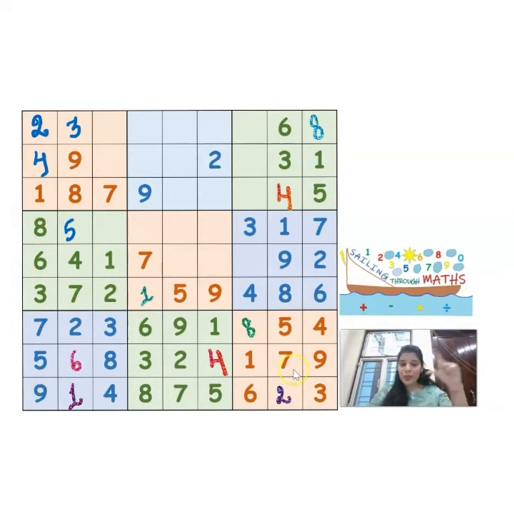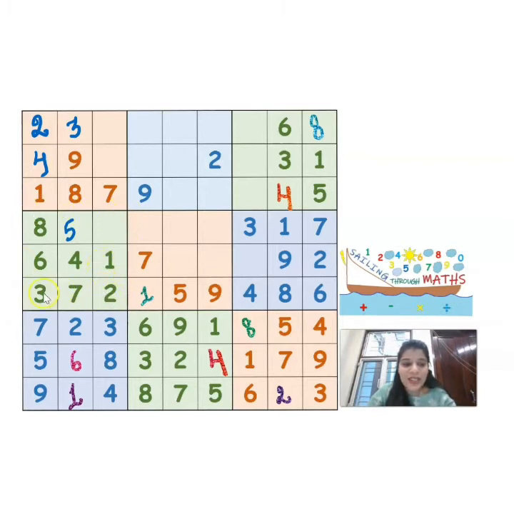Like this is a big Sudoku of 9 by 9 grid, which is divided into 9 equal parts of 3 by 3 grid. And in that 3 by 3 grid, I have to fill the numbers between 1 to 9 such that no number repeats itself. So now if you look at this grid, you will clearly see we have all the numbers except one number. So the missing number in this grid is equal to what?